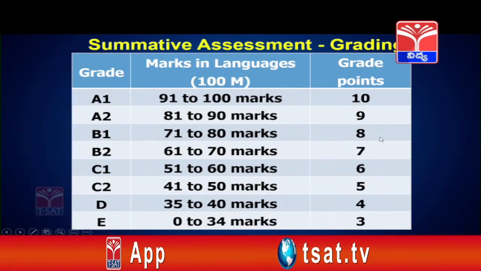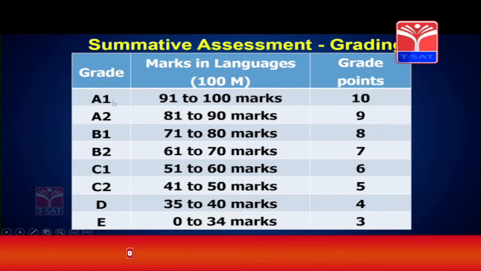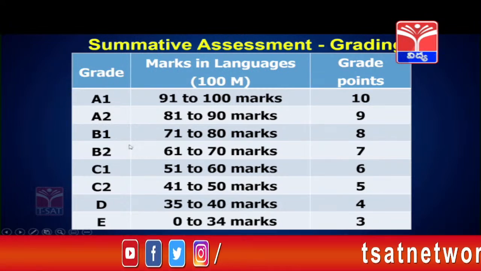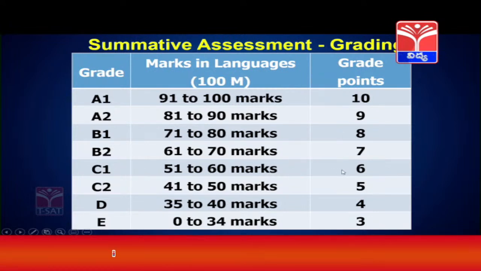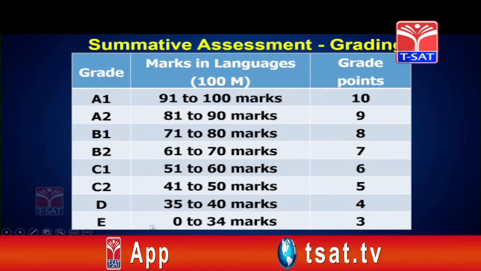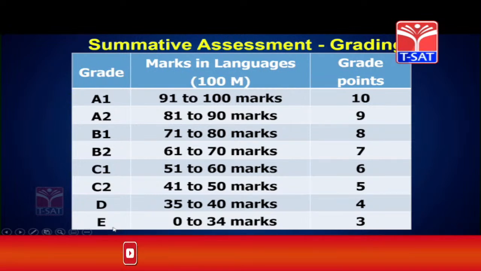And how are the grade points given? A1 is reflected as 10 points, whereas A2 is 9 points, B1 8, B2 7, C1 6, C2 5, D 4, and E is 3. So if a child scores either E grade or GPA 3, it means